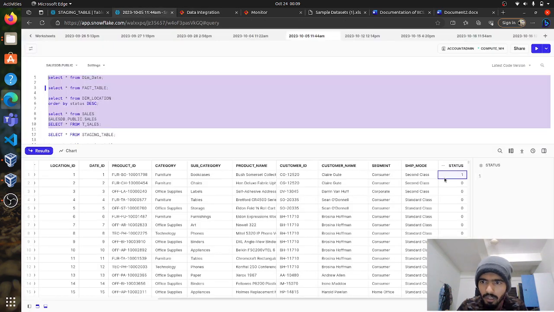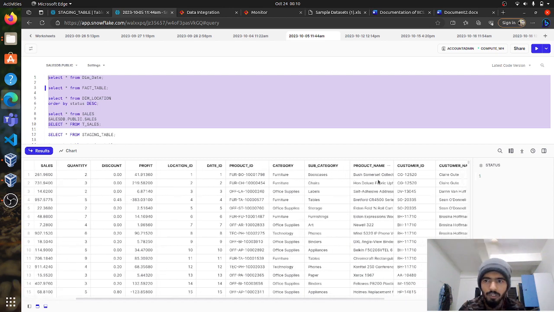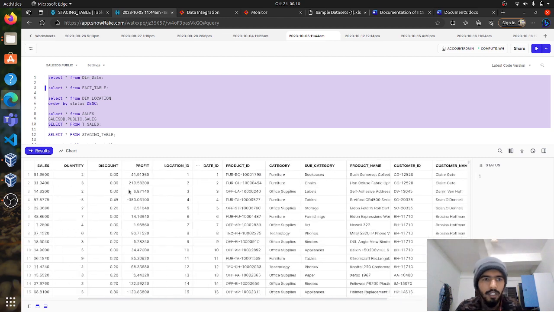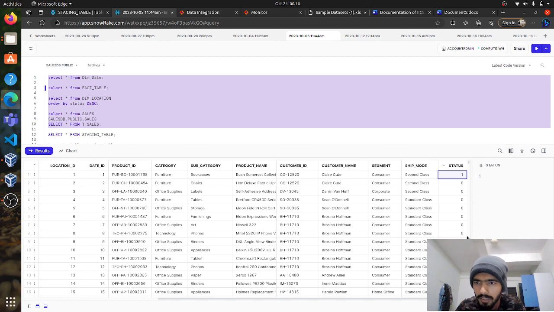here you can see that 1 is present, as this Sumit was not initially in the target table but was in the source table. So when our pipeline checked for order ID equal to Sumit, it was not able to find it in the target table, but it was in the source. Now one thing is changed in the source, and the same thing should be updated in the target, that these changes happened in the source table. So that was depicted here as 1, and after that, as no other changes were made by me, that's the reason 0 is present.